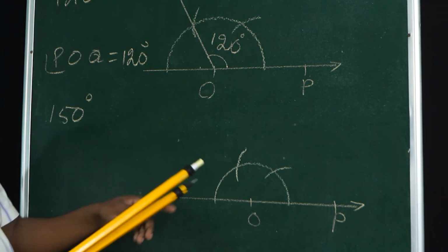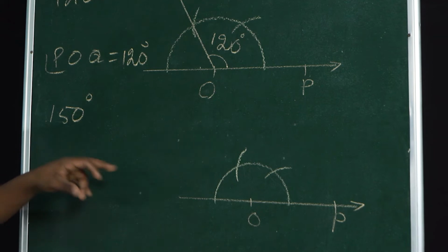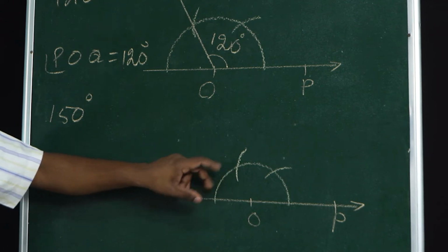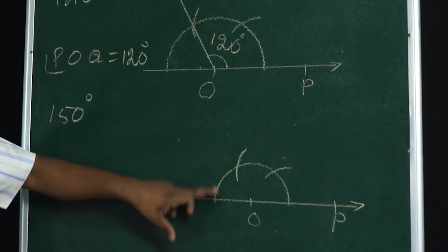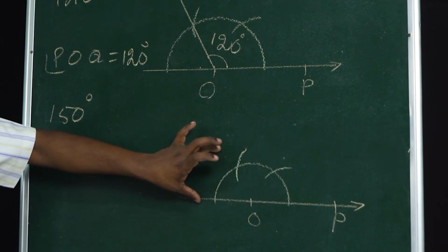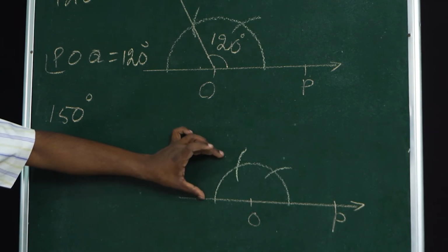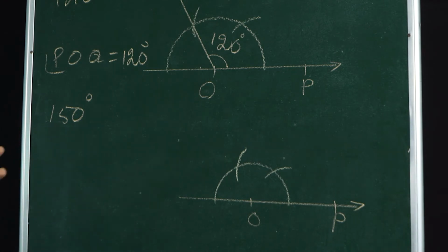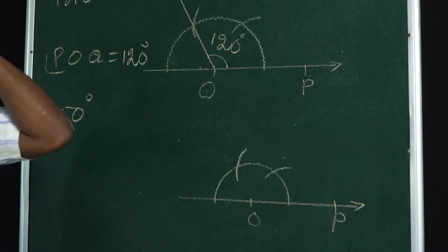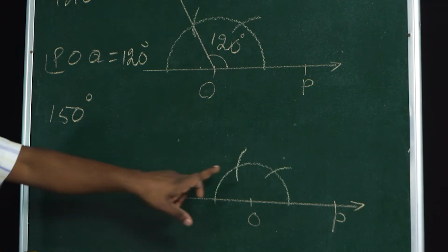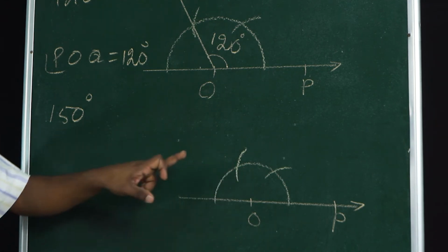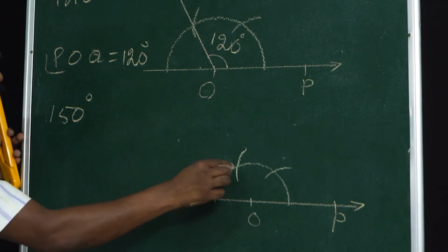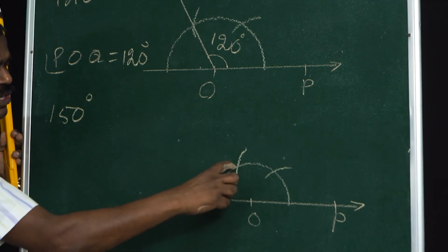Okay. Now, we need 150. Up to here how many? 120. Here how many? 180. 120, 180. How many degree you have? 60 degree you are hiding here. So, the 60 degree you divide, split into two parts. If you divide the 60 into two parts, how many? 30 degree, right? So, already 120 here plus 30, 150. So, 150 will be coming in between these, somewhere here, okay?